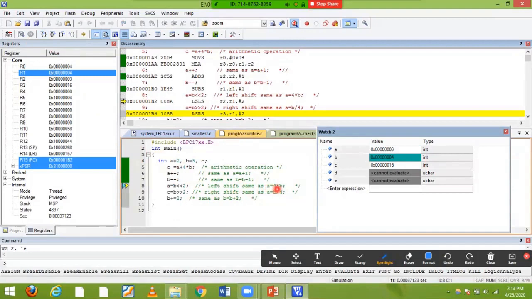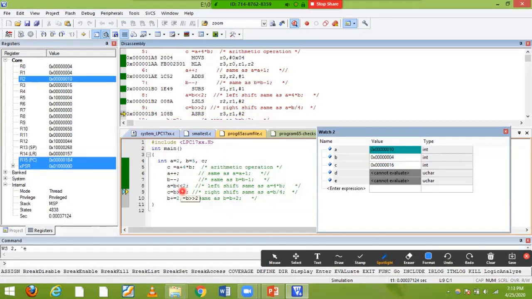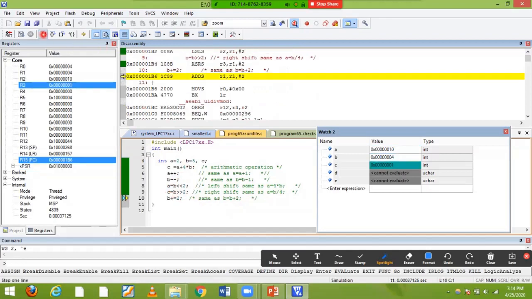Now it is multiplied by 4. We are not going to mention 4, but my system automatically does 4 cross B into B. Let's see on that. I'm doing the left shift of 2. Let's see how it works. Left shift of 2 on the B value, multiplied by the previous B value, will be stored in A automatically. Similarly here, it is divided by 4. After dividing by 4, my B value is presently 5. After left shifting you have 4. 4 divided by 4 is 1. We need to store my C value, it is 1. Let's see on that. So the C value is stored as 1.